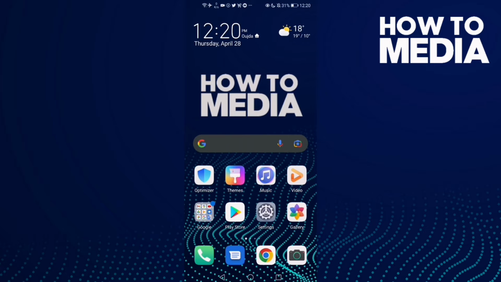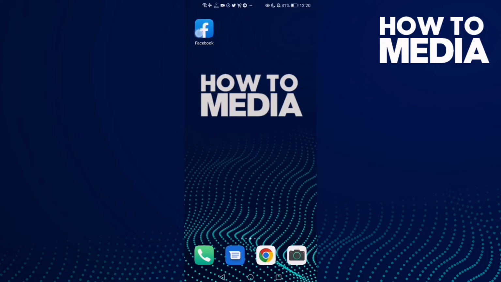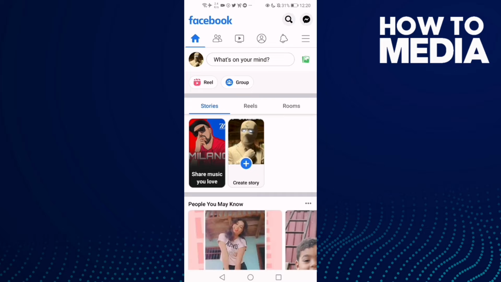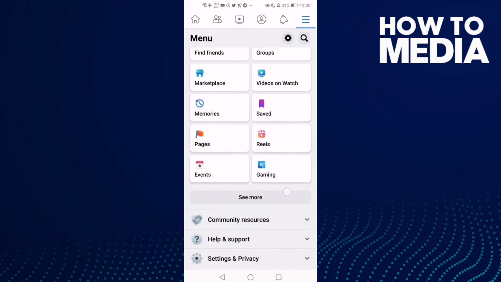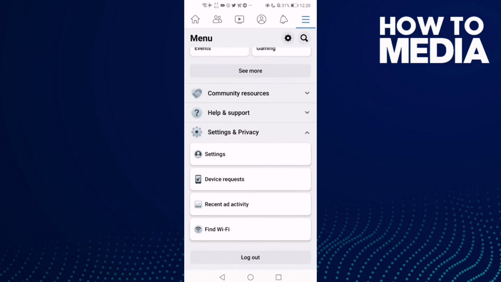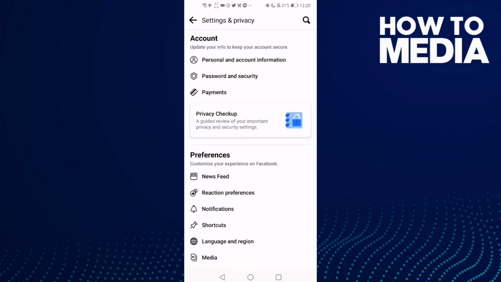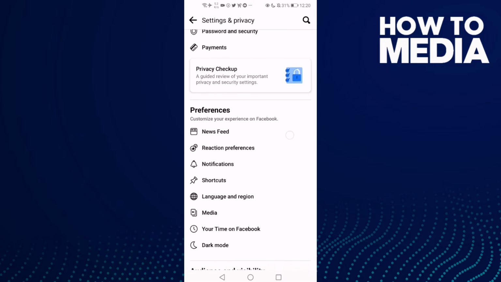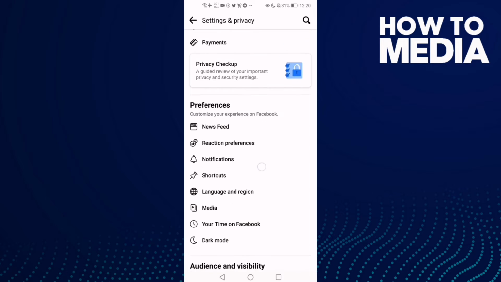First we're gonna go to Facebook, and now click these three lines here and go down until you find settings and privacy. Click on it and then click settings and now go down until you find this one here,